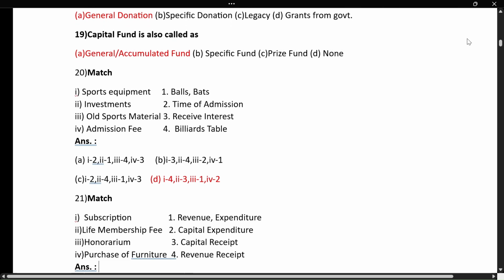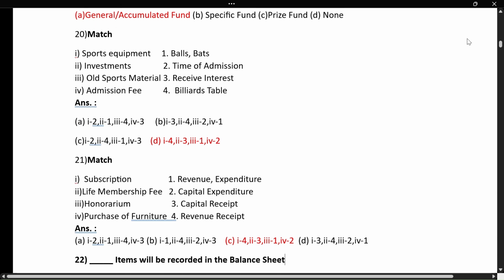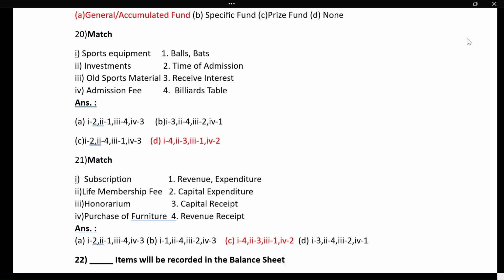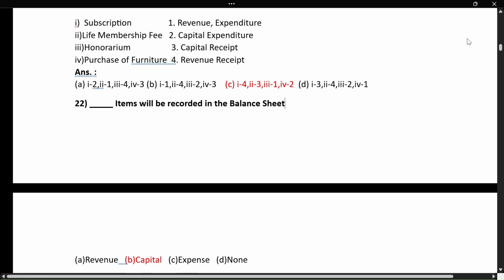Match it. Here sports equipment is billiards table. Investment, it will receive interest. Old sports material are balls, bats. Admission fee is paid at the time of admission. Next is